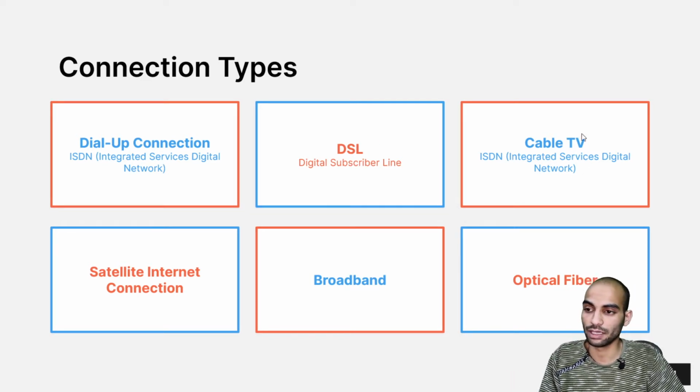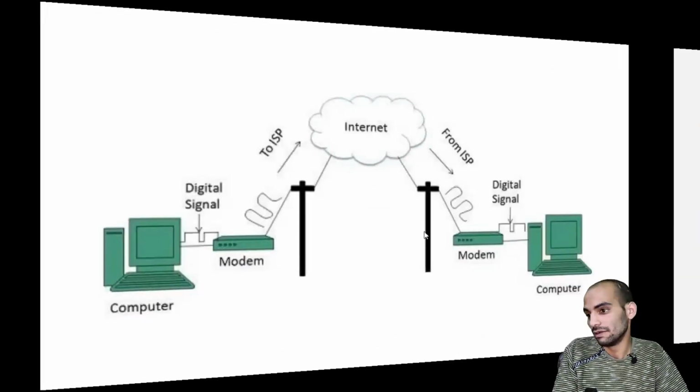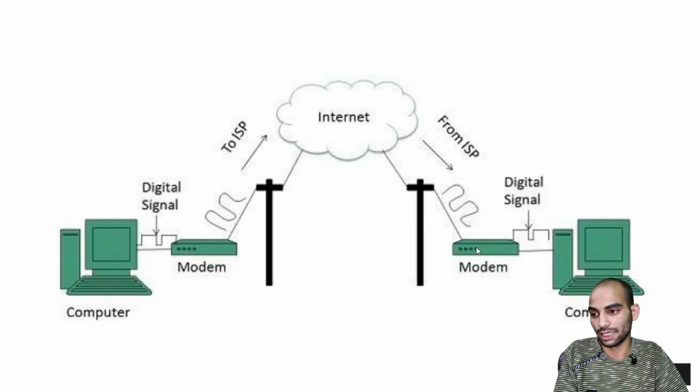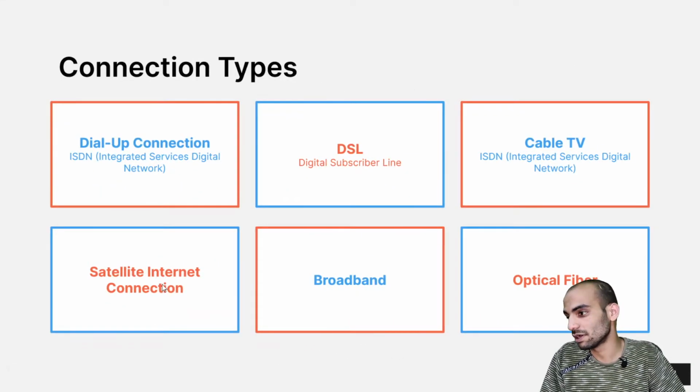Again, then cable TV was already there. We were all watching TV. So what we did was we used the cable TV infrastructure in the same way. We just created a modem that can convert the signals into digital signals, on both sides. So this is how things worked, and satellite internet connection in the same way, broadband, and the latest one is optical